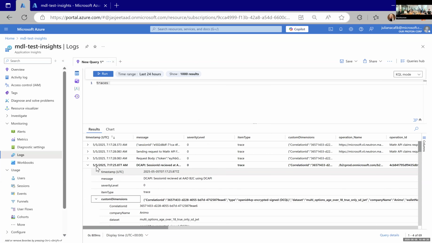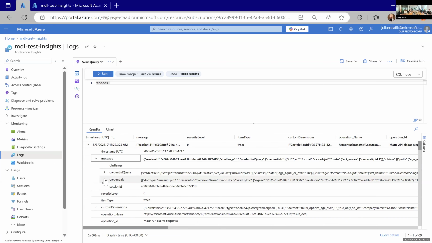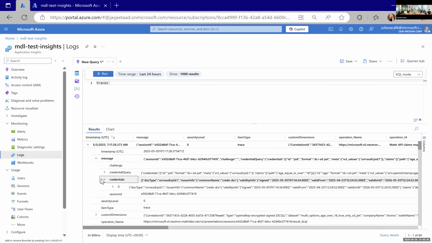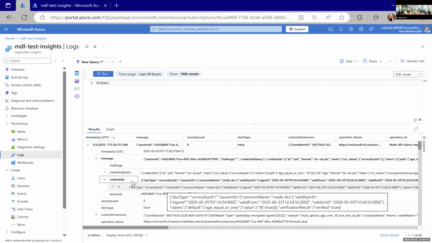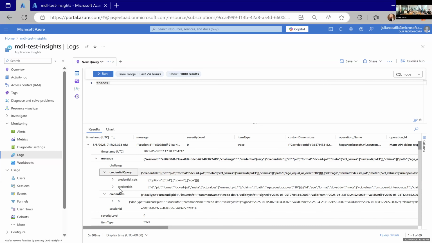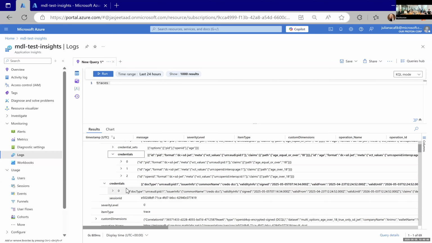They initiated their session using the DC API, and they've gone all the way through to a successful session ID created. We can see credentials come through, a user PID, and all the way through to a successful result on the credential side based on their presentation.